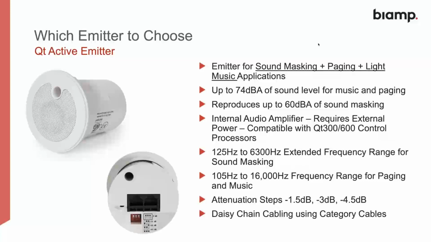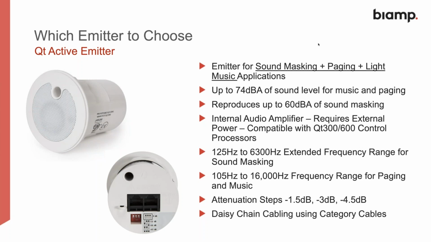We also offer the active emitter. This is used when you want to use it for sound masking, paging, and music applications. Much higher quality product in terms of the frequency response available. In the music sense, there's 74 dBA of sound level available, and it reproduces up to 60 dBA of sound masking. It's also got its own internal audio amplifier, and it has an extended frequency range for its own sound